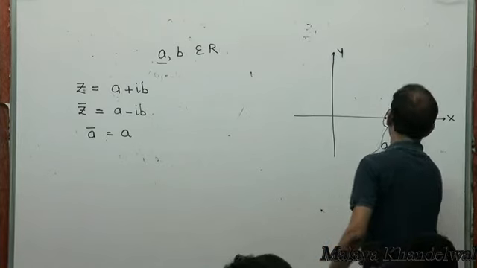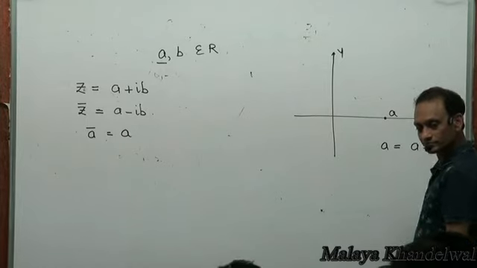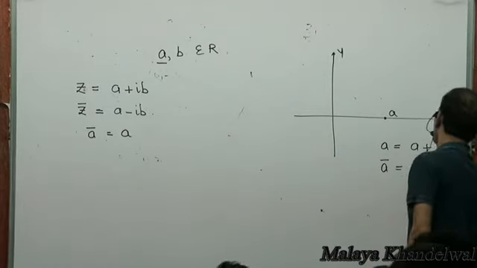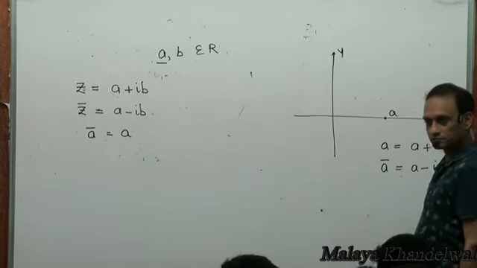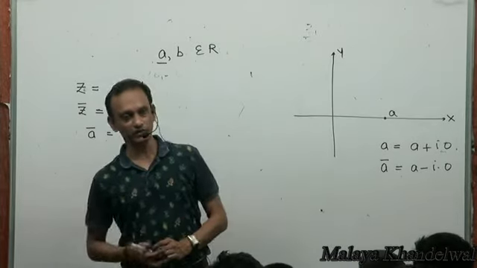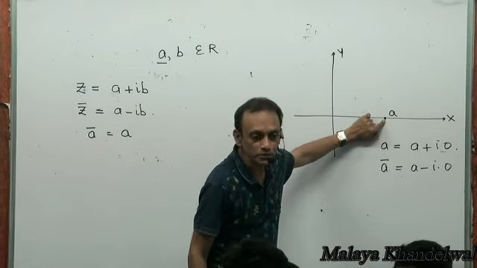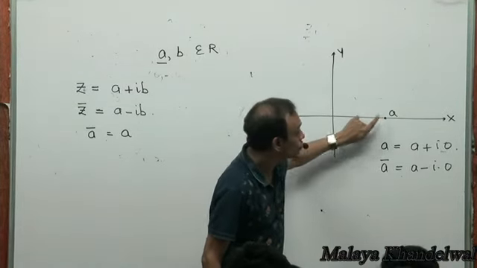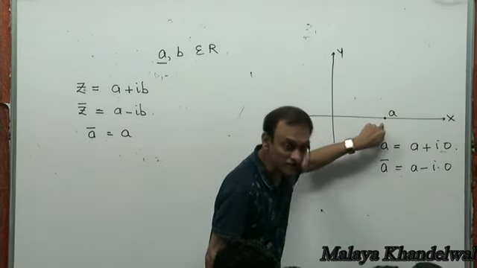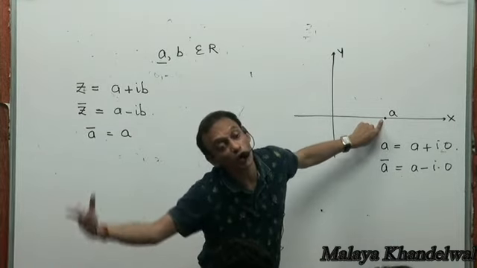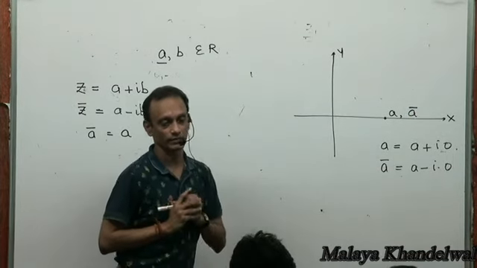Okay, A is a purely real number. So A is A plus i into 0. Yes or no? Isn't it? What is A bar? A minus i into 0. So A equals A bar. Right? Either way you want to, or geometrically it's best. The conjugate of a number is its mirror image about the x-axis. So if A is a purely real number, it lies on the x-axis. Its mirror image about the x-axis would be this itself. So this is not just A, but is also A bar.